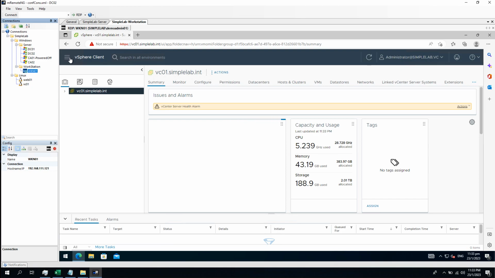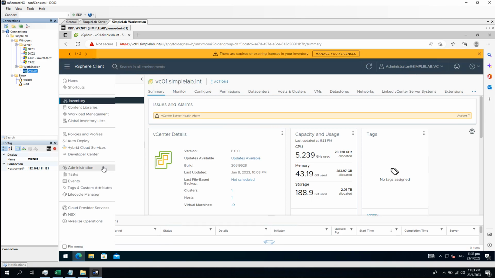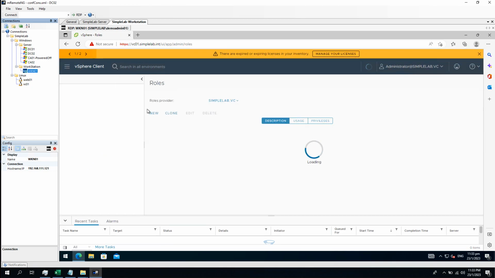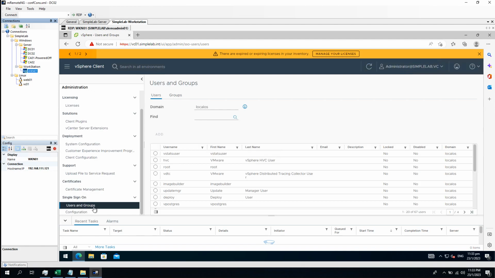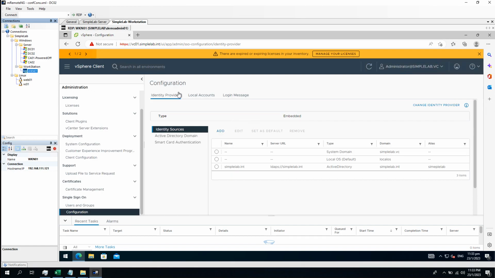Okay, let's click on the hamburger menu, administration, users and groups. Oops, no, configuration. Yep. Identity provider,